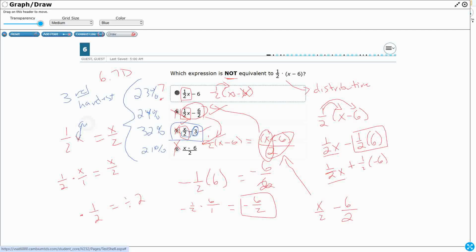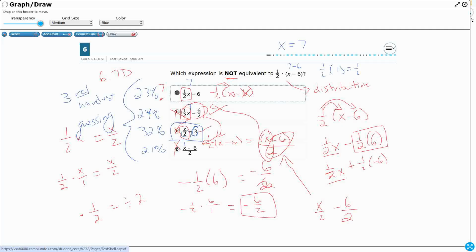And so we need to provide lots of opportunities to go through each of these, because what could have been helpful is if you substituted something for x, right? Just make it easy. Let's say x equals 7. So then if we plug that in there, 7 minus 6, that would be 1/2 times, and then 7 minus 6 is 1, so equals 1/2, right? And then just plug 7 in here to all of these places and see what happens if you get that same